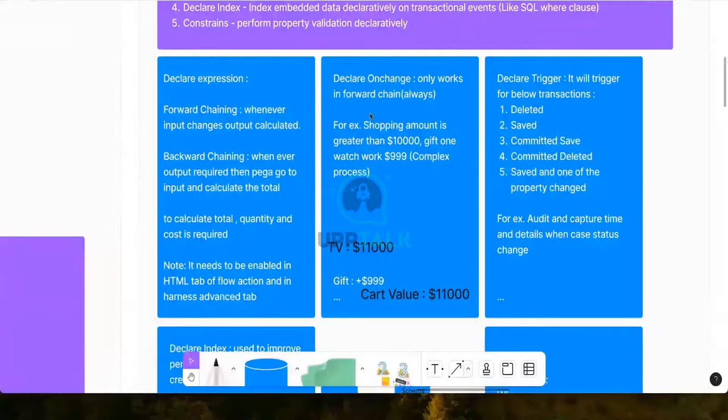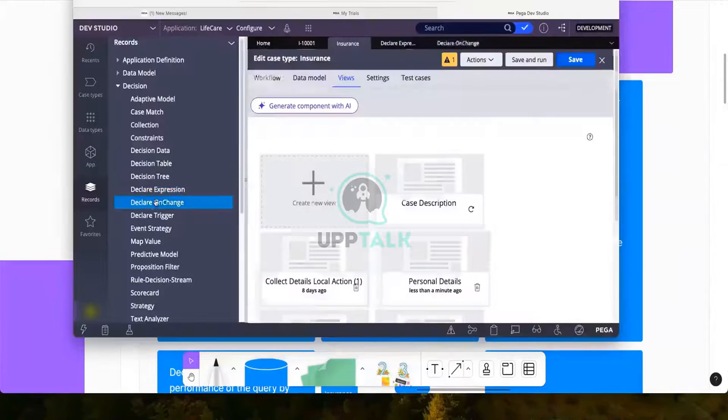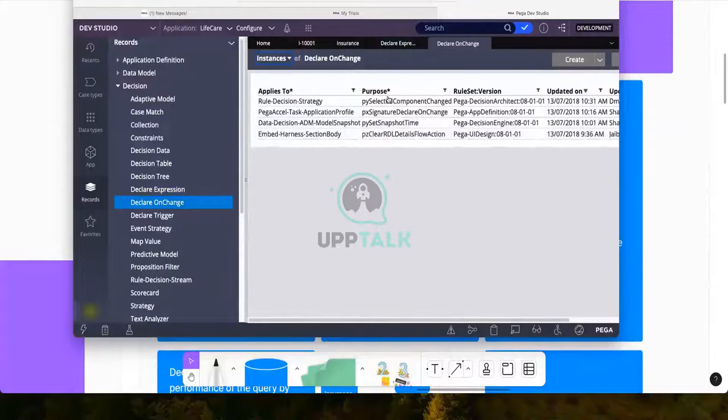The concept is same. Still, we have to calculate the target property. But this time without the expression. This time we have to run something. Right? For example, I will click on change. Let's open something just created by Pega system itself. Let's say this one,